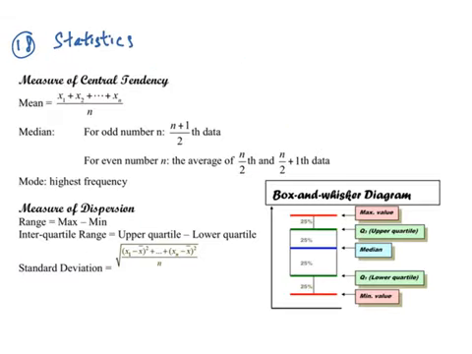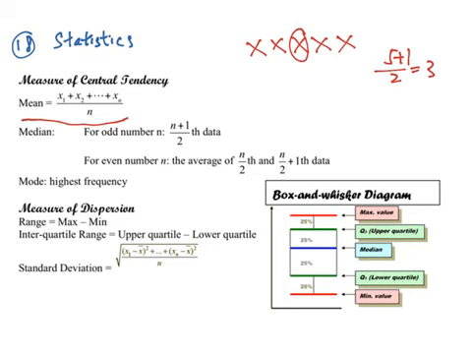Next is about the statistics. For mean, we add them and divide by n. For median, there are two cases, the odd case and the even case. For the odd case, for example, there are 5 numbers. So we use 5 plus 1 divided by 2, which is equal to 3. That means the third number